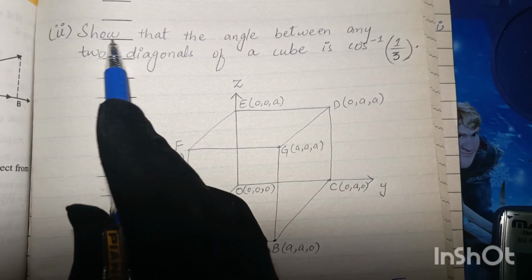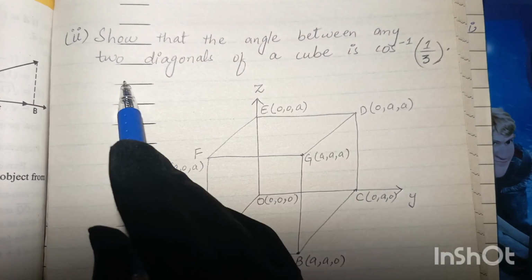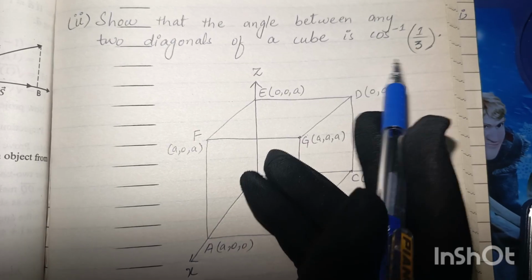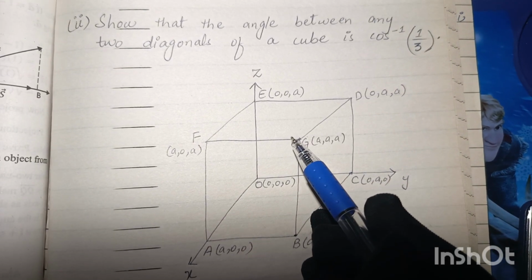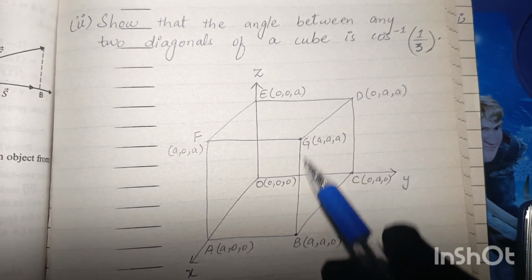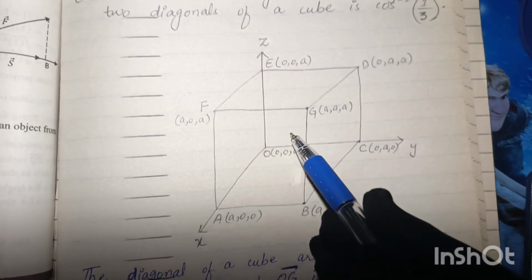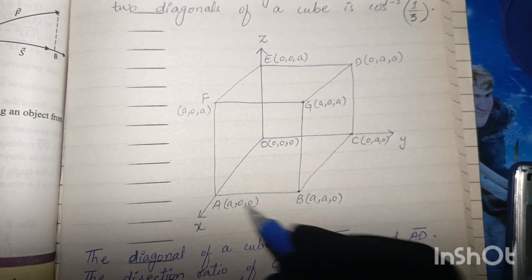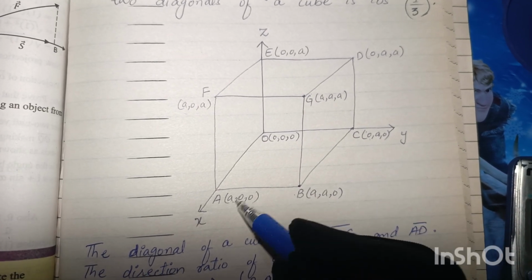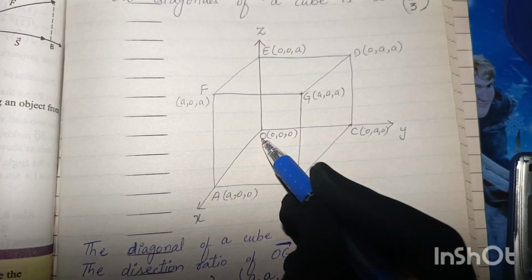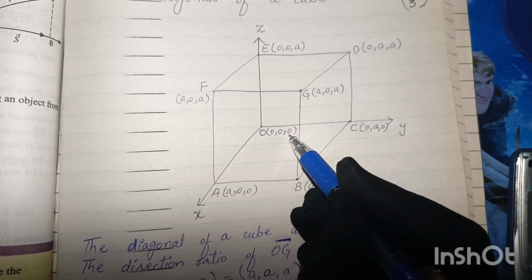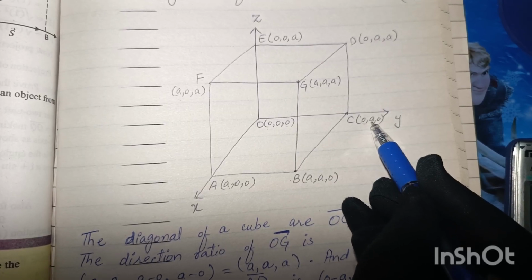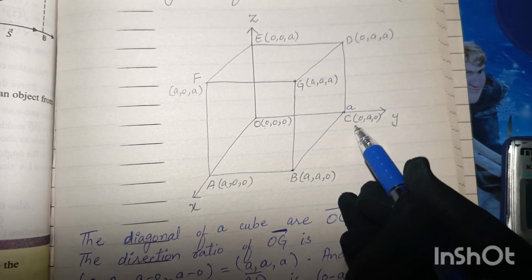So now the second part is, show that the angle between any two diagonals of a cube is cos inverse of 1 by 3. So you have to prove that the angle between any two diagonals of a cube is this. So first of all you have to draw the diagonal, and please notice these coordinates properly. First, this is the origin, so its components will be 0, 0, 0. Here is the y-axis, so the y component will be a because this is point A, and x and z